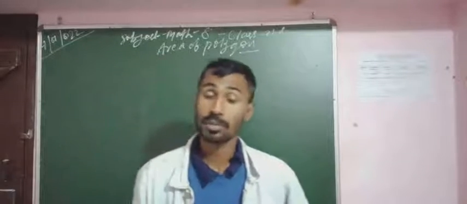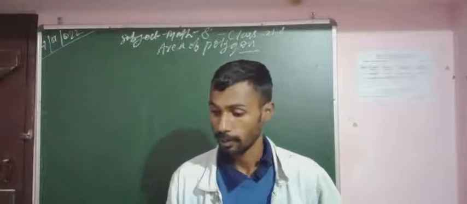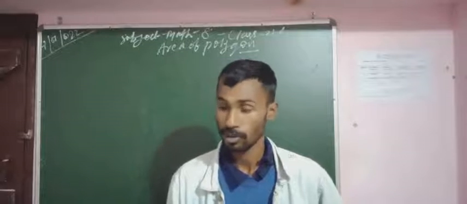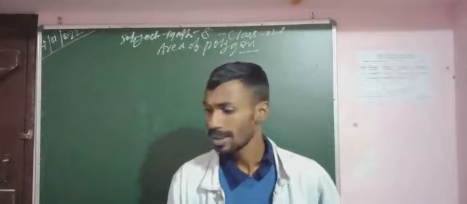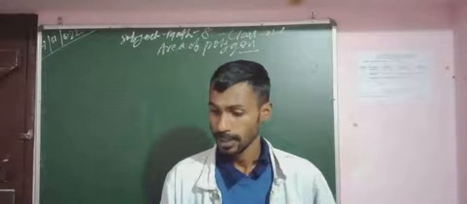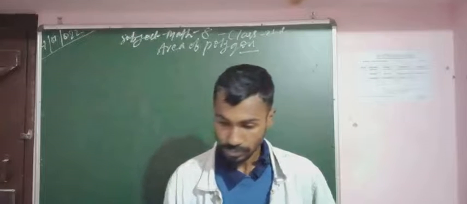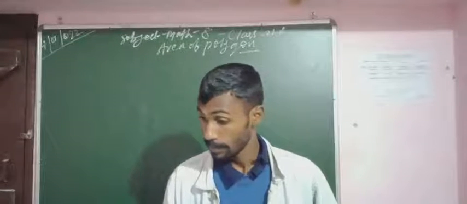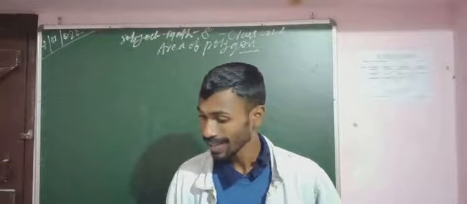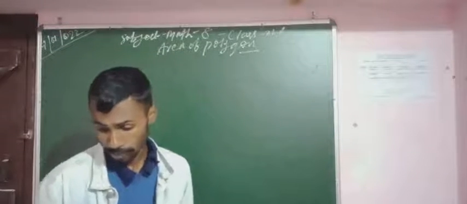Okay, so last class we were discussing the area of a polygon, how we will calculate the area of the given polygon, doesn't matter whether the polygon is regular or irregular. Today we will take another example, after that your confusion may be completely removed. Before the exercise, that means before solving the exercise questions, we will take a few more examples. The first example is to find the area of the octagon.